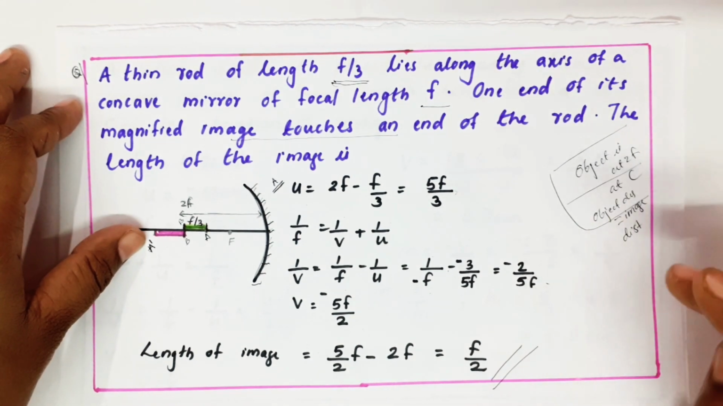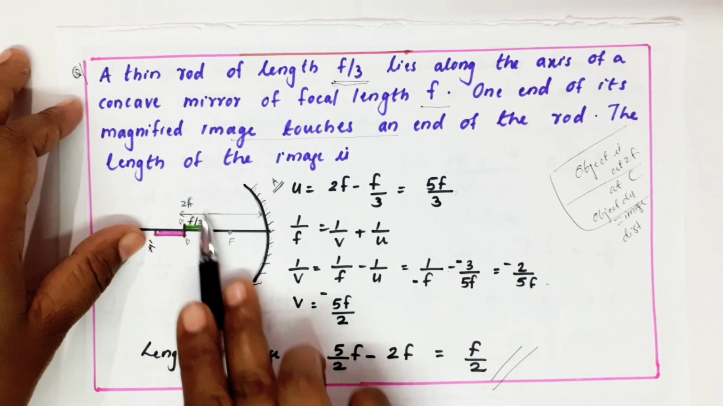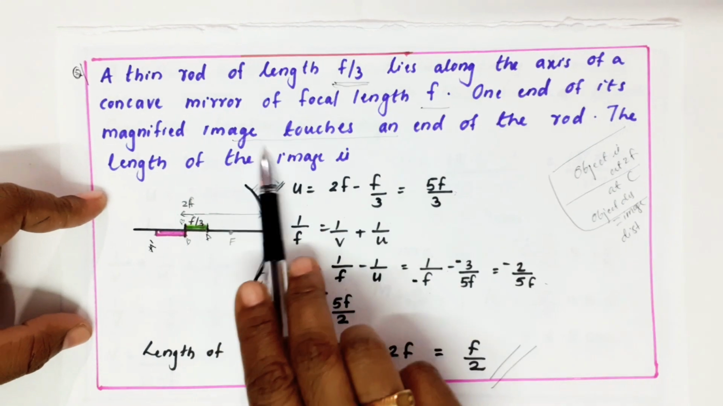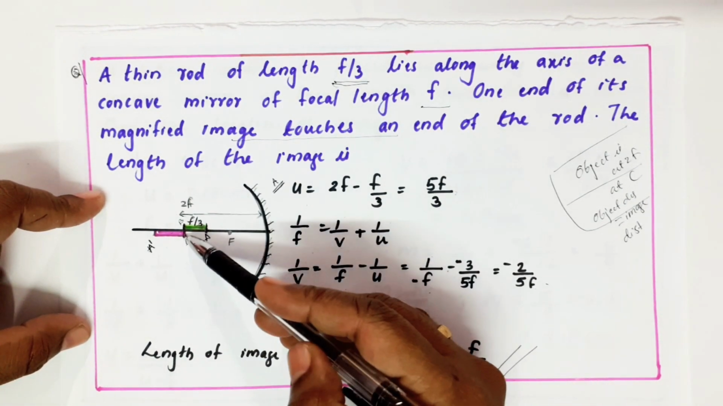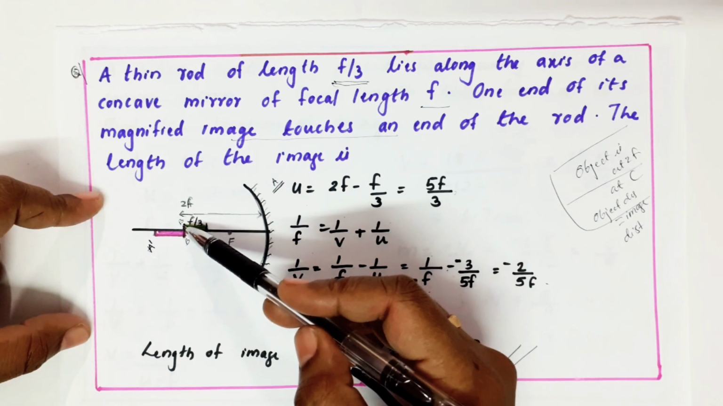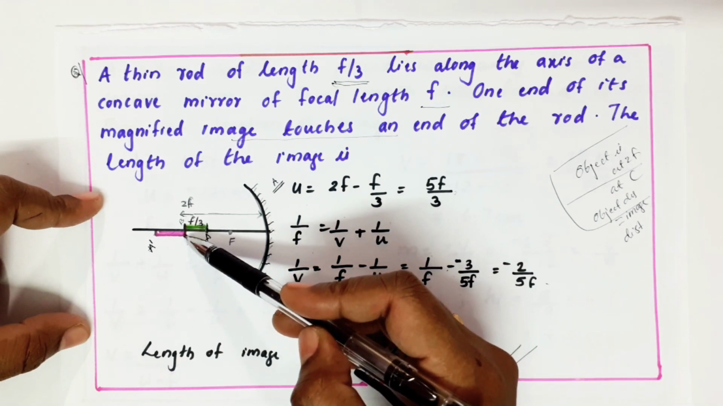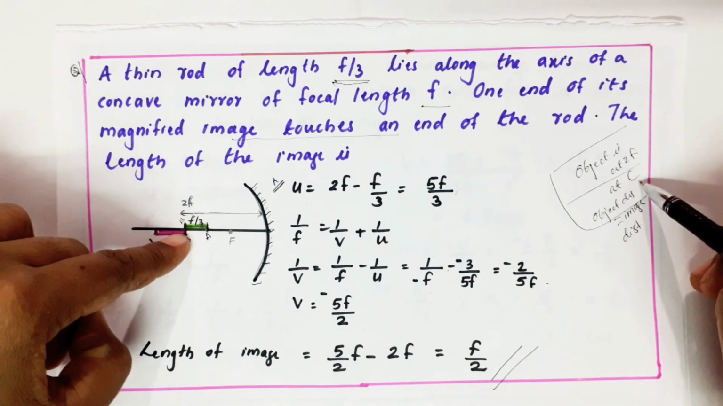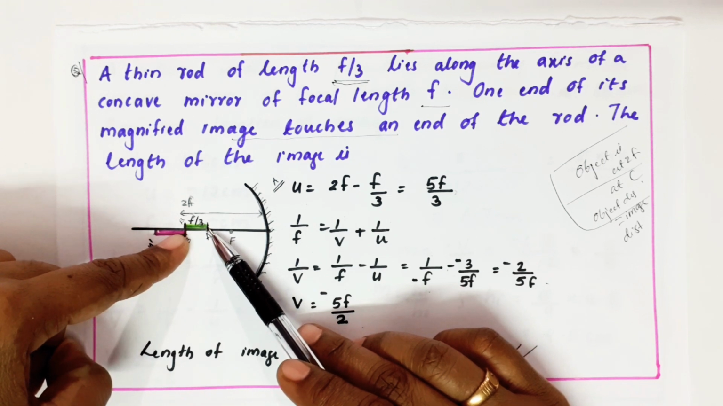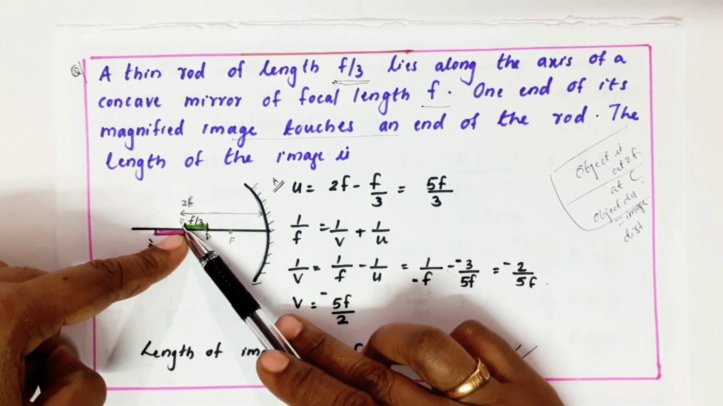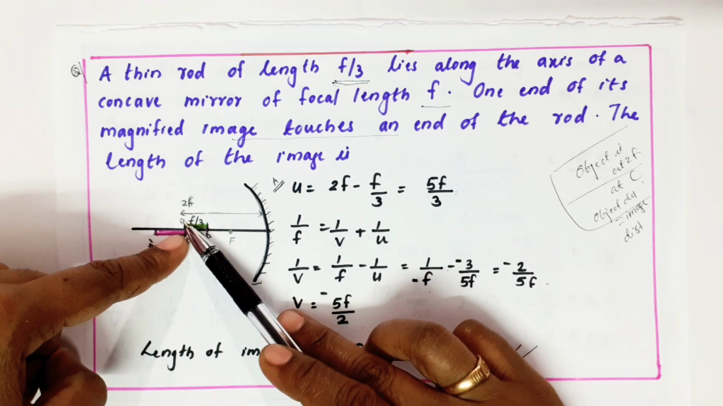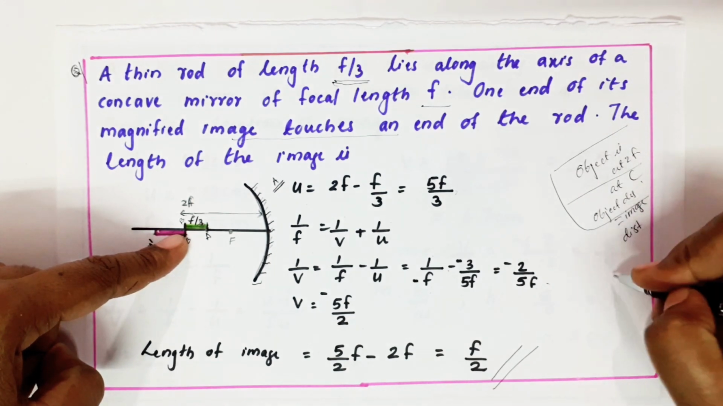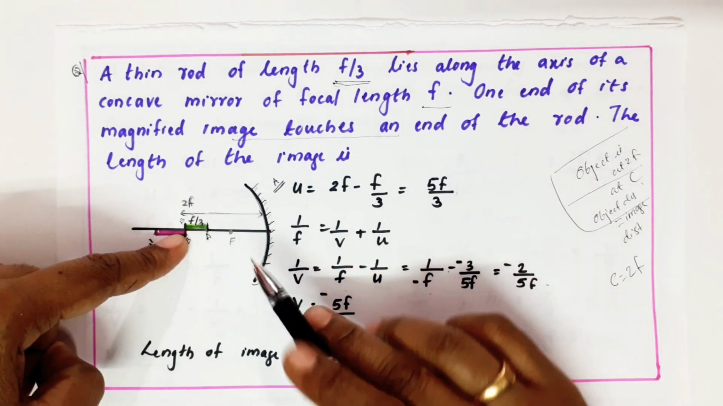Very important question. A rod is placed like this. The hint in the question is that one end of the magnified image touches one end of the rod. It means the image and object coincide at one point, so that is nothing but at C. So we are keeping it at C only. The other distance I need. They told this length. The C distance is 2f. Why are we taking 2f? Because we know the center of curvature C is nothing but 2f. So 2f minus f by 3 is your